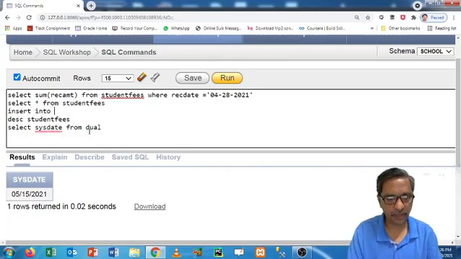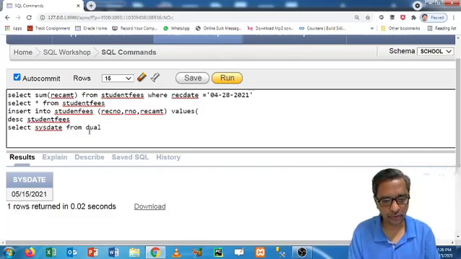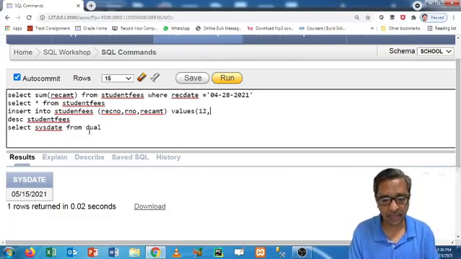Insert into student fees, receipt number, comma, roll number, comma, receipt amount, values. So receipt is 12 because already I have inserted 11 records. Roll number, suppose I give 6, and total fees paid is 500.